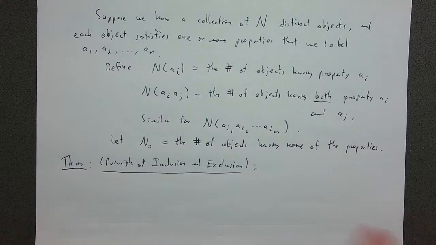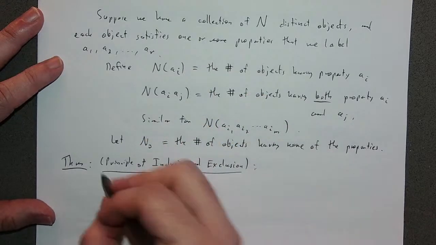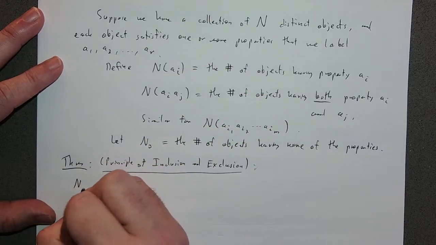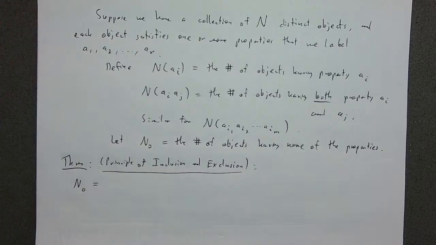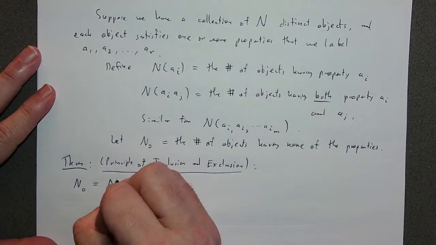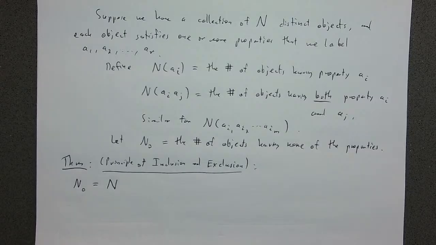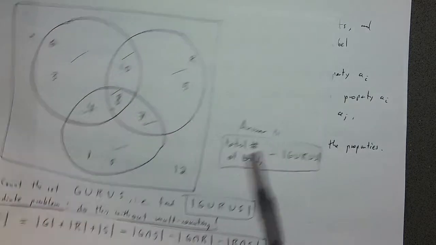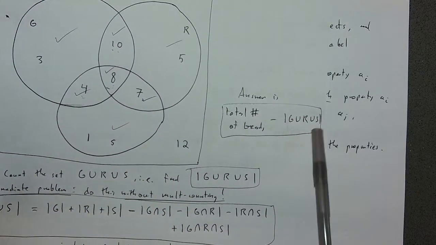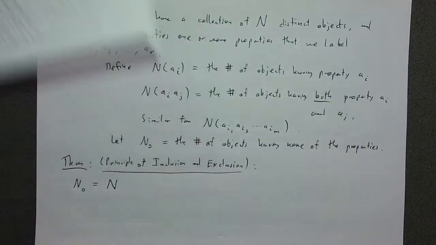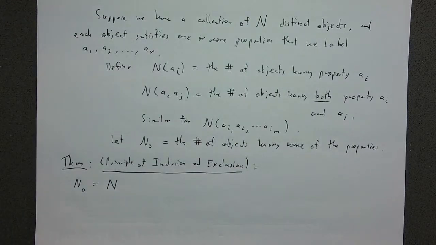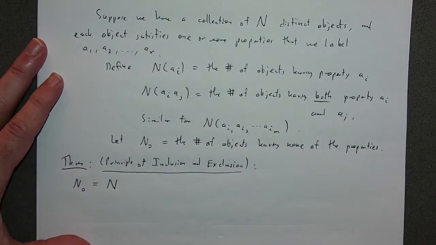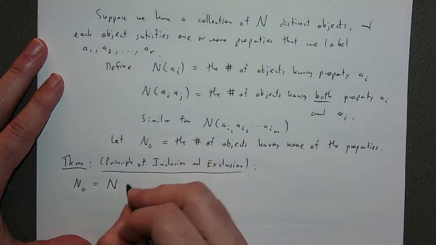Okay, using this notation above, this just says that the number of objects having none of the properties is the total number of objects, right? Remember, I said my answer is the total number of beads minus everything in this set. This is now giving a way to compute this explicitly. This is the total number of objects minus